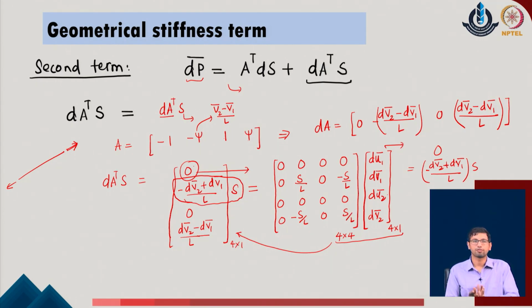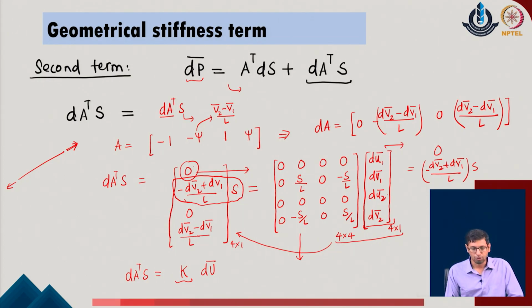So what we have done is modified our second parameter also in a simplistic form, where we have got one part of the expression as a 4 cross 4 matrix, and that is now multiplied by the du bar in the given system. So what we eventually get from here is d of A transpose into S is equal to some stiffness related part into du bar. Why did I call it a stiffness related part? Because we have been writing the equation of the force in terms of the displacement related parameter. So whatever is the multiplier of this displacement term, that has to be the contribution of the stiffness or the equivalent stiffness of the given system.